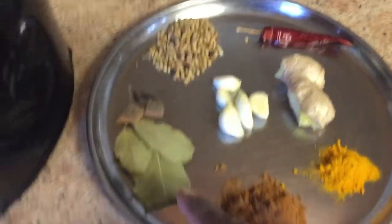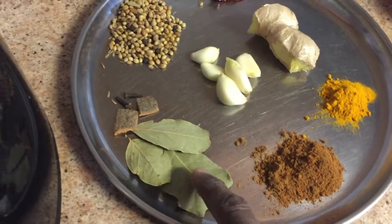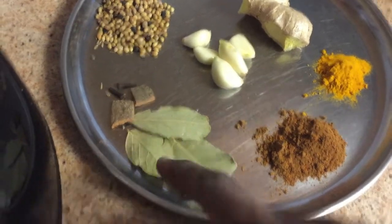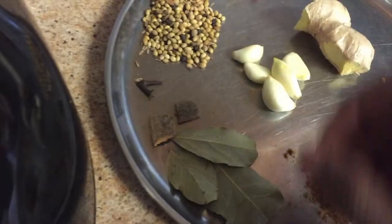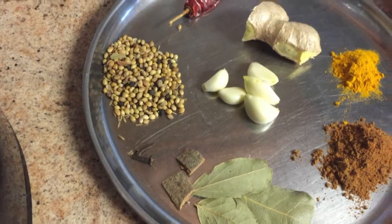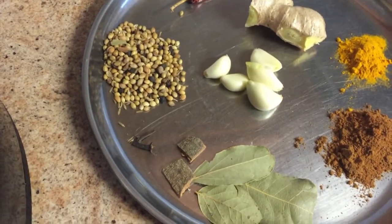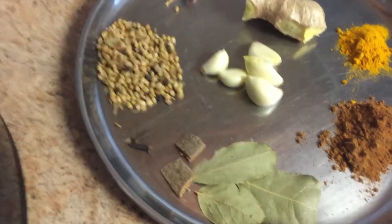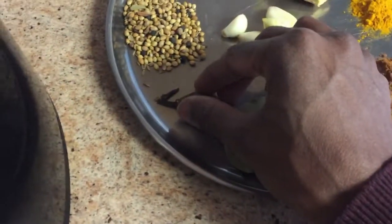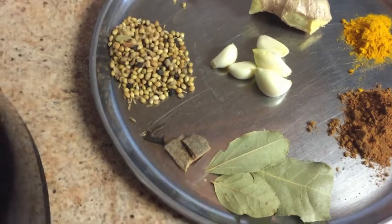And this is a bay leaf. I'm using like 3 small bay leaves. This is optional. If you don't have it, don't worry about it. And see these 2 cloves. I'm using 2 cloves just for flavor. If you don't have clove, no problem. If you have it, don't put more than 2 cloves because clove has a very strong flavor. And just 2 small pieces of